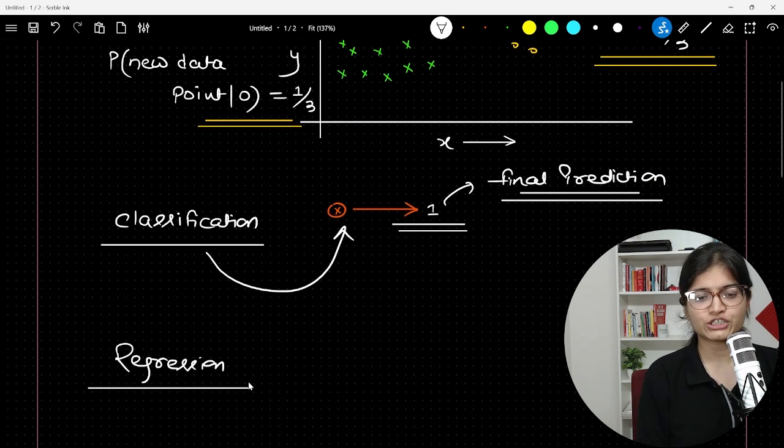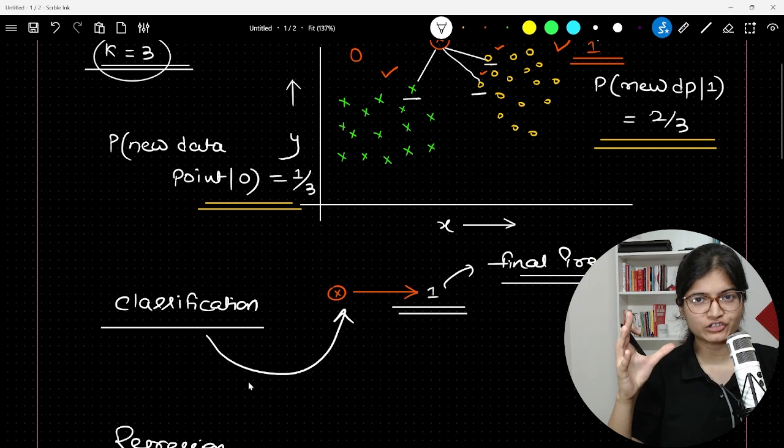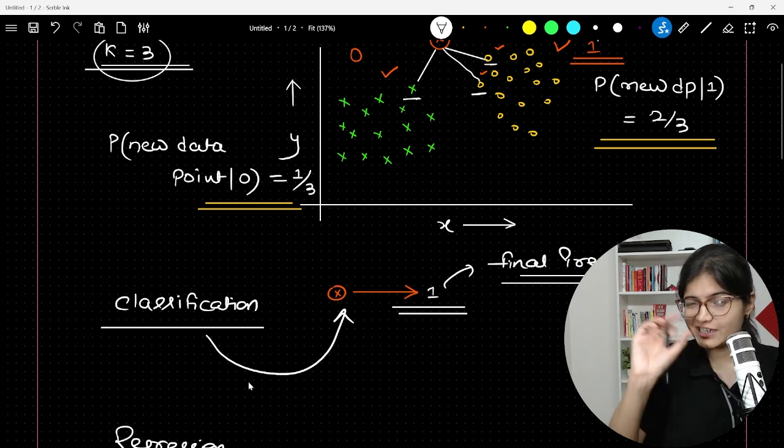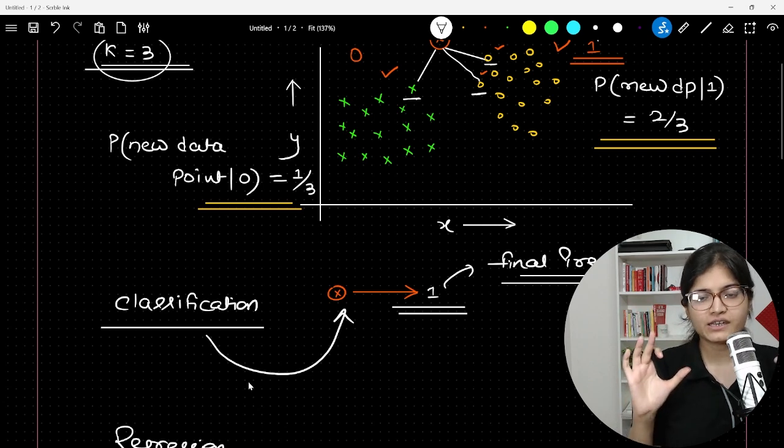But in case of regression, what will happen? Let's say the same thing will go. Maybe I'll change the problem to house price prediction. Now we do not have the 0 and 1 classes, but I'm looking for the house price prediction. Let's say you are living in Bangalore,